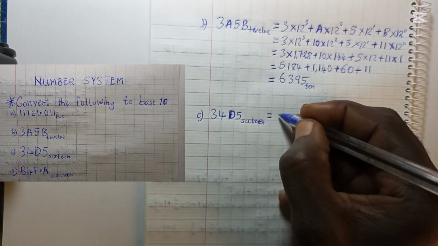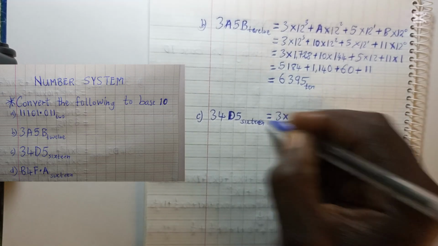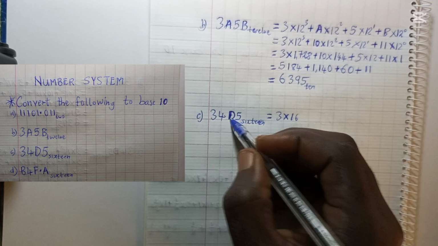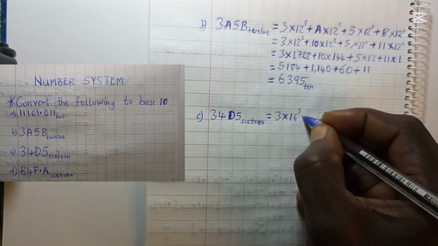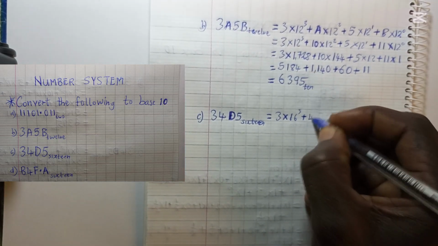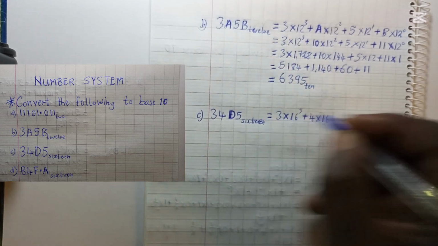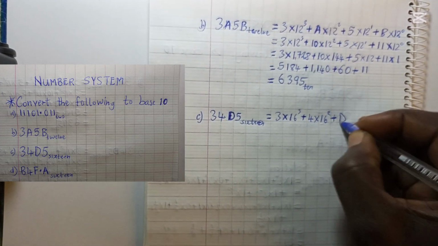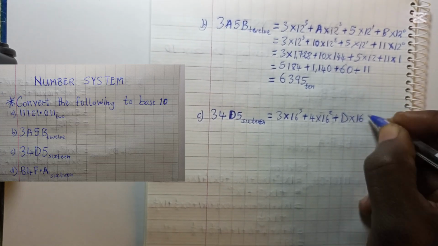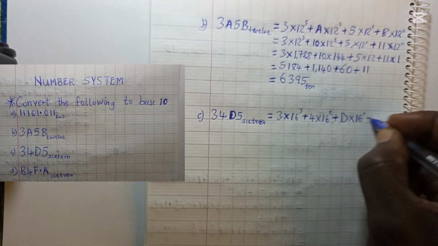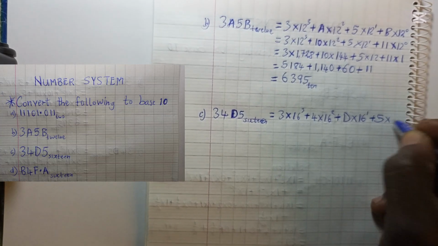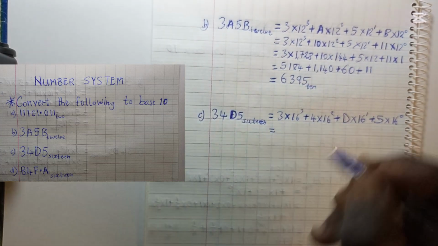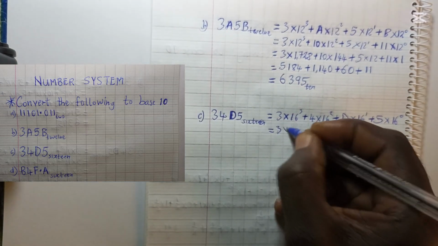Then we have 3 times 16 raised to power, how many do you have at the back of 3? We have 1, 2, 3, raised to power 3 plus 4 times 16 raised to power 2 plus D times 16 raised to power 1 plus 5 times 16 raised to power 0 is equal to 3 times